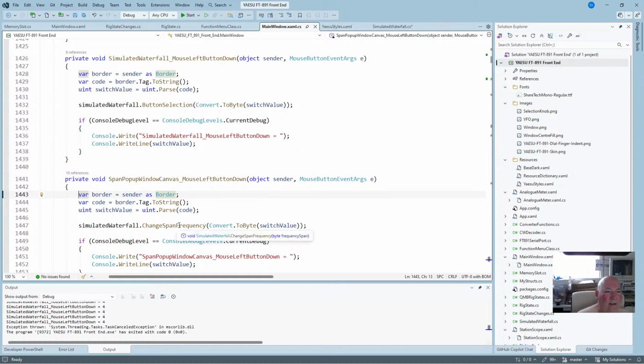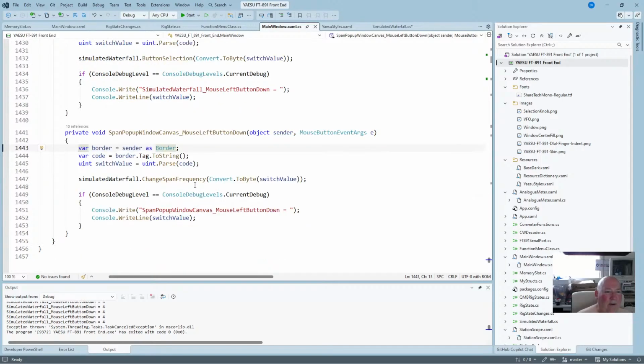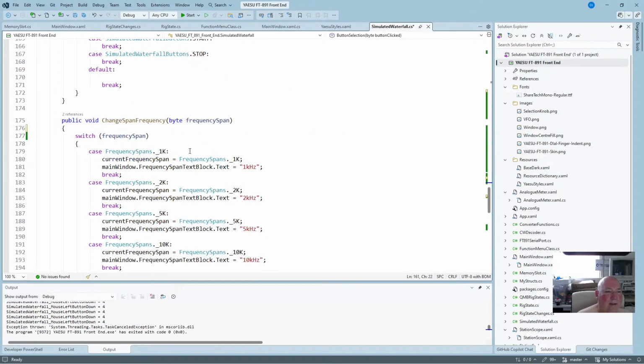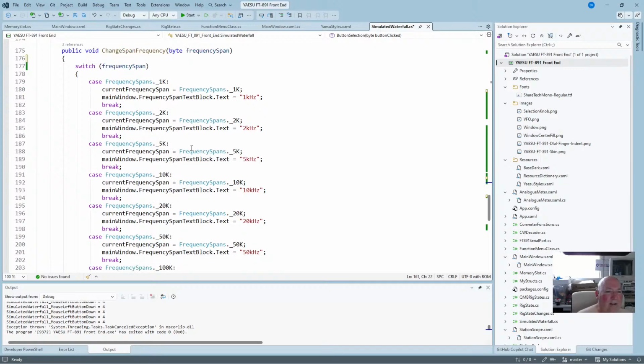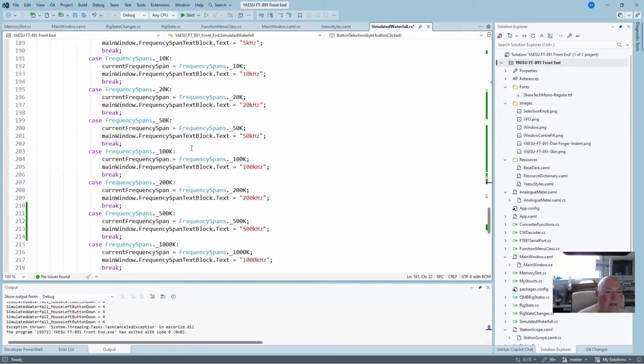So we change this button selection, then if we click on it, it makes it visible. Yeah, that's one part. Then once we change the span frequency, that's where we need to do it, in this bit here. So at the end of this, we need to animate